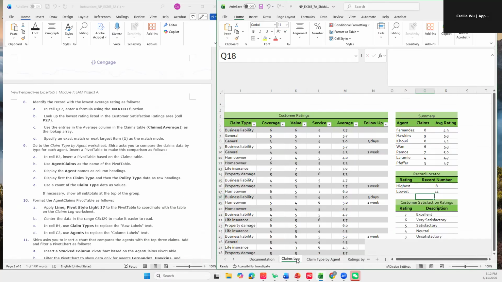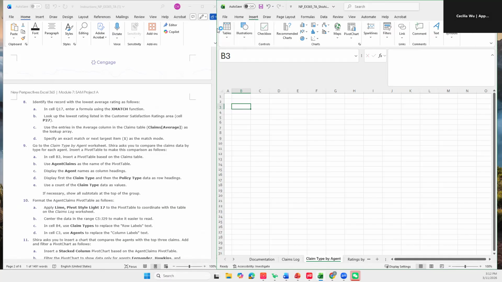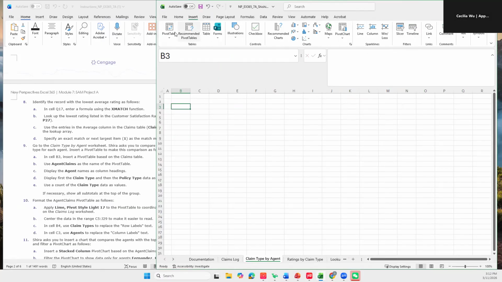As we mentioned before, in the Claim Log worksheet, this one, that is a table, and we want to use all the data from this table to create a pivot table. How we do that, I will show you. We first go to the Claim Type by Agent worksheet and go to B3, that is where we want to insert this pivot table. So we select B3, and then we go to the Insert tab, and here is where we can insert a pivot table. The first group is Tables, and this icon, PivotTable, we click that one time,